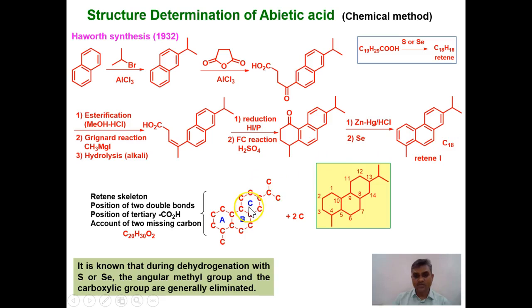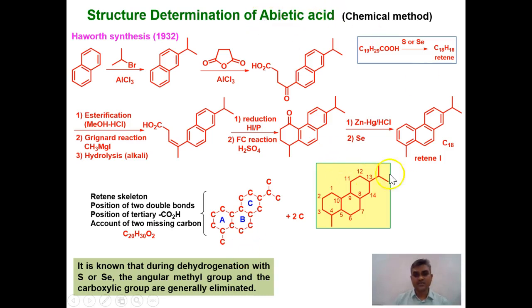Here are the 18 carbon atoms, and 2 carbon atoms are lost during the dehydrogenation experiment. Now, these 2 carbon atoms which are lost are likely to be a carboxyl group as well as the angular methyl group, because it is a well-known fact that decarboxylation occurs during sulfur or selenium dehydrogenations, and the angular methyl group is lost in the form of CH3SH. So the chances are that the 2 carbon atoms lost may be an angular methyl group and the carboxyl group. So in this way, we have come a very long way as far as the structure of